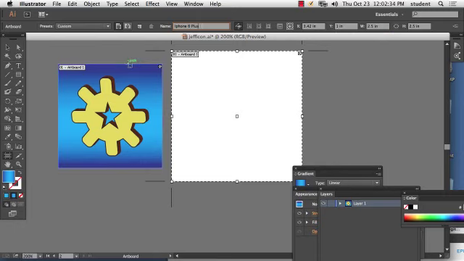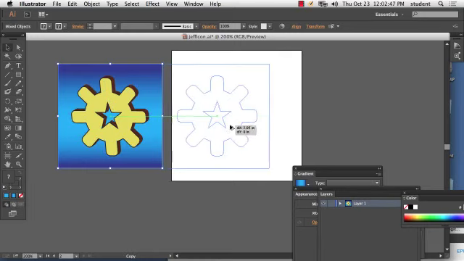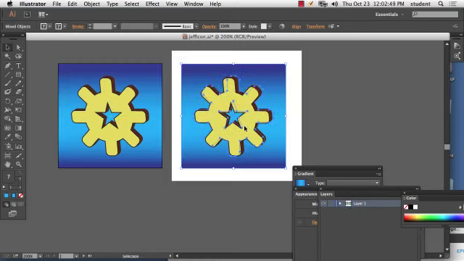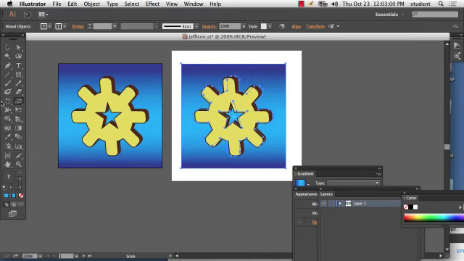Okay. Next, we want to scale. We want to duplicate it. I'm going to duplicate it by selecting all the artwork, by drawing a box around it. And to duplicate it, I'm going to hold down the Option key and click and drag into there. Another way, and remember, we're going to scale here using the scale tool. So use this tool. Don't use this. Use the scale tool. If you use the scale tool and scale your object up,